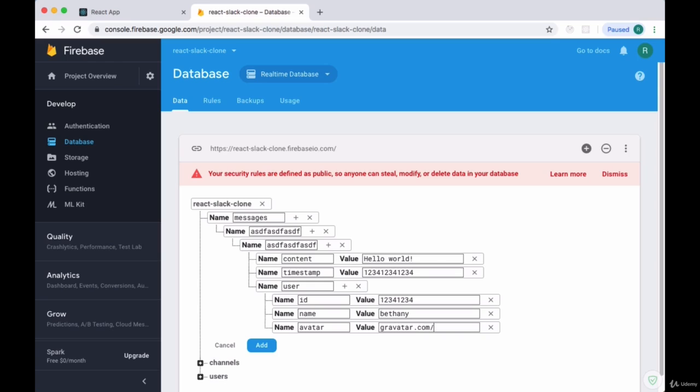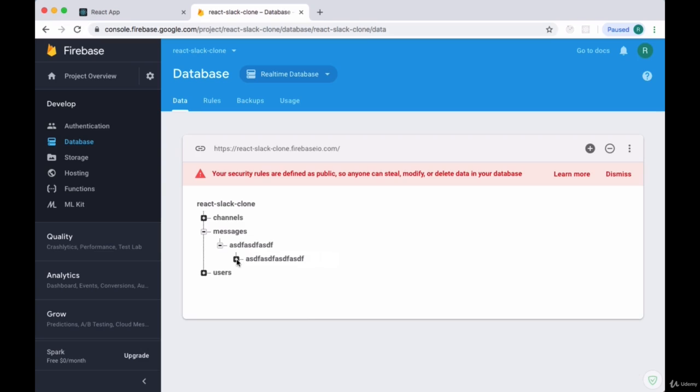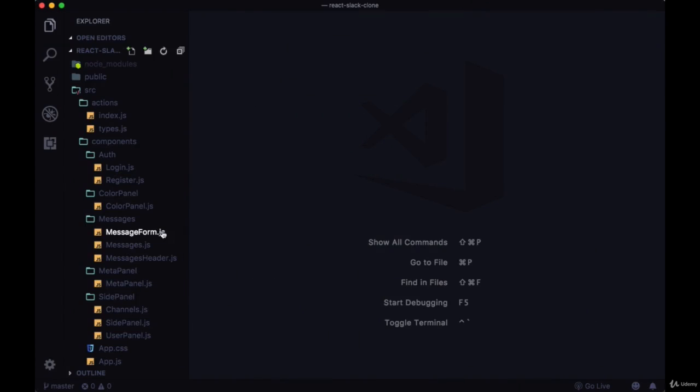And we can add this example collection to take a look at what our messages collection might look like. For each channel ID, we'll have an array of messages that are added, and on the messages collection we'll have an array of channel IDs for all the channels in our app. So we'll delete that, head back to our messages component,